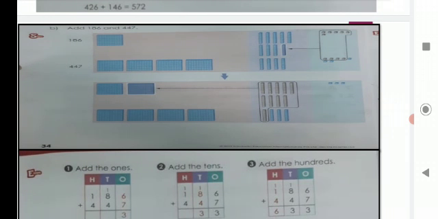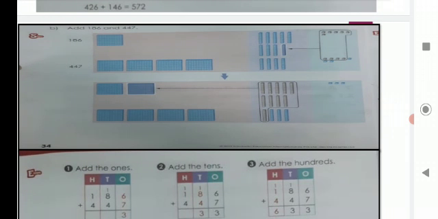So we start adding from the ones place. At the ones place we first add the ones. When we add 10 ones, how many ones are left over here? 3. So we keep those 3 ones in the ones place only, and for the 10 ones we just make a rod in the tens place. So after adding those ones, we can make one rod of 10, and I'll place that rod in the tens place, like I have made over here.